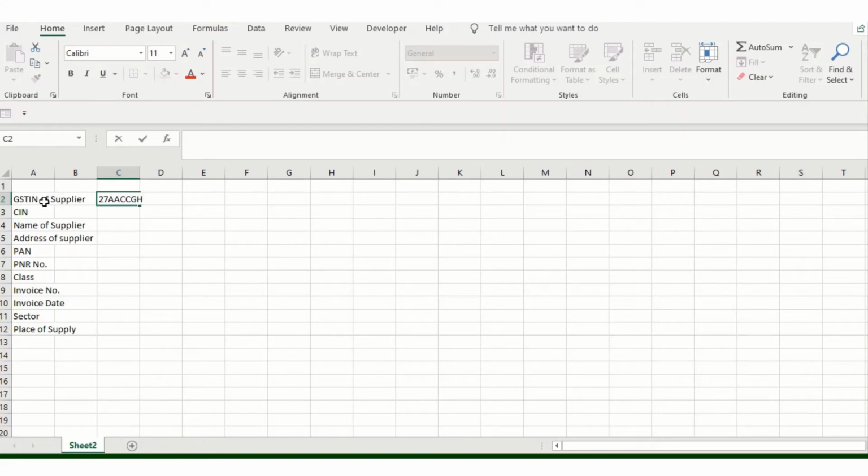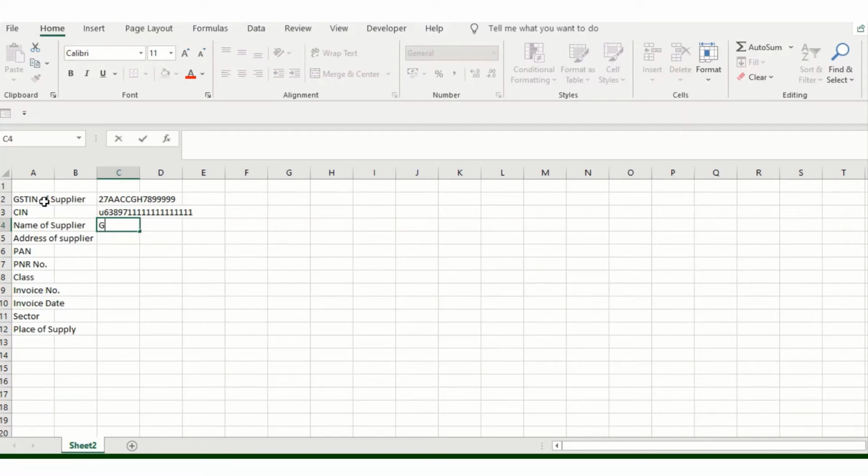Again, I am not mentioning the accurate details here, I'm just giving an example for demo purposes. And then U636, and then 11111. These are the CIN details. Basically you will get this from the supplier's end. Supplier means nothing but our airlines.